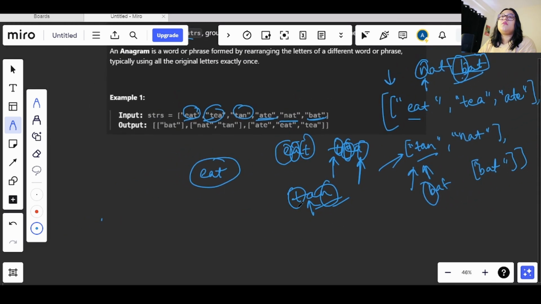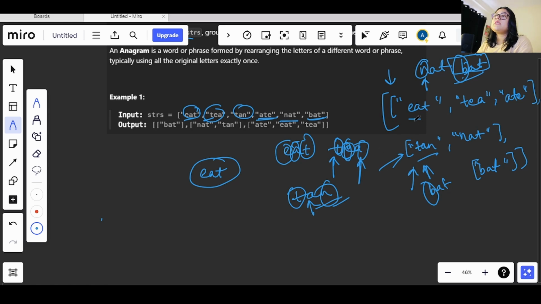Now, we have a hint here that we have to use a hash map, right? Even if we don't have this hint, we can think about how we are going to solve this question in a normal way.